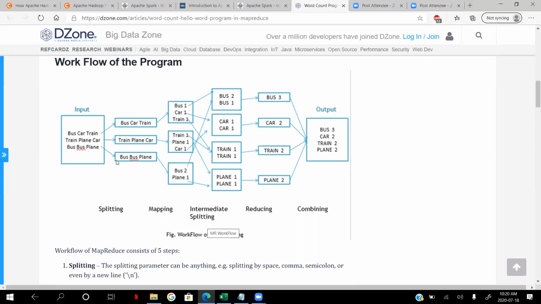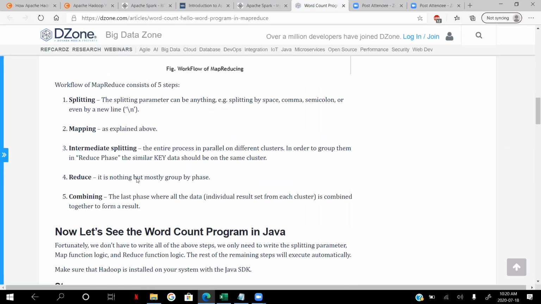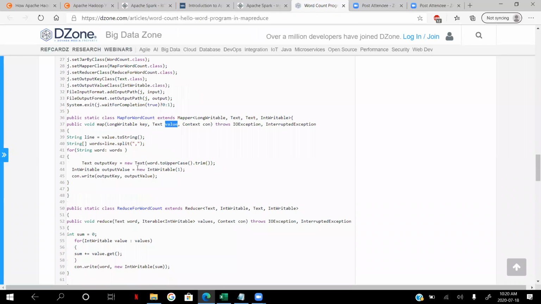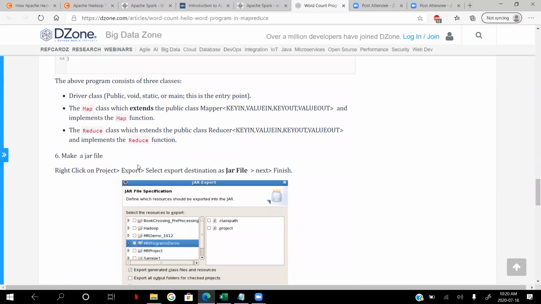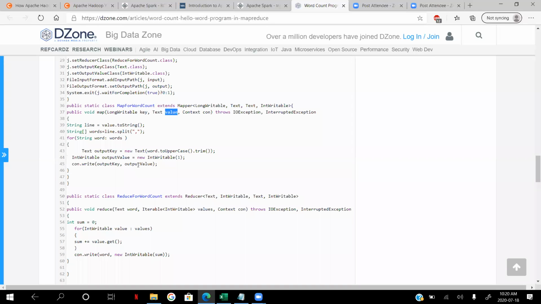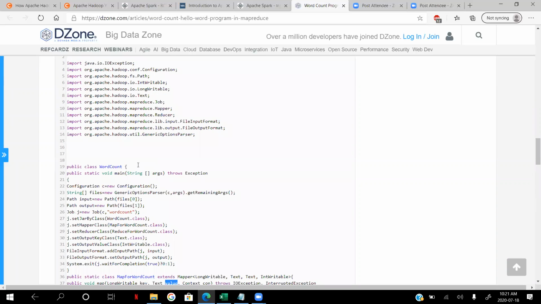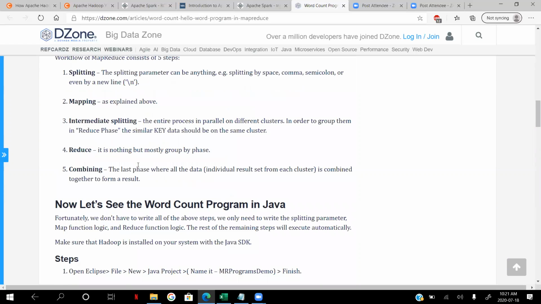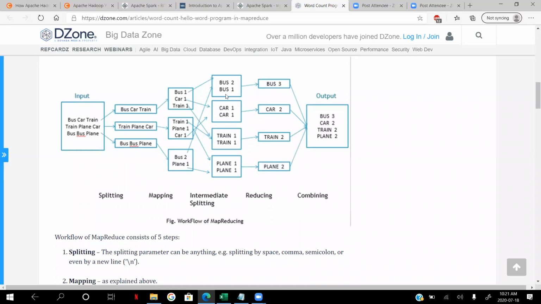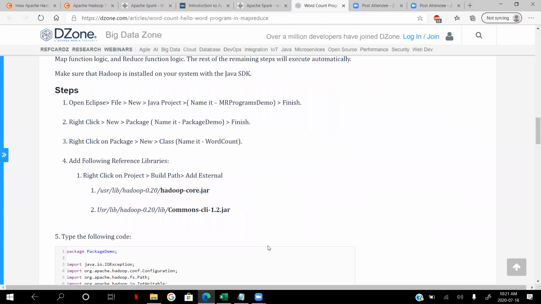Here he used bus as 2. The reason he got it is maybe he used a combiner somewhere, because if you don't have a combiner, you will never add up. Then when it goes into the reduce, it adds up the same key values and writes to the output. So I'll show you the reducer here.